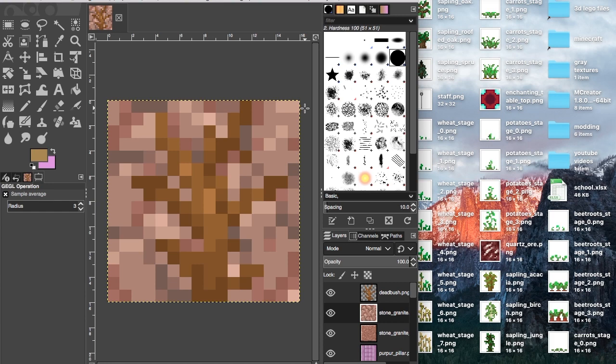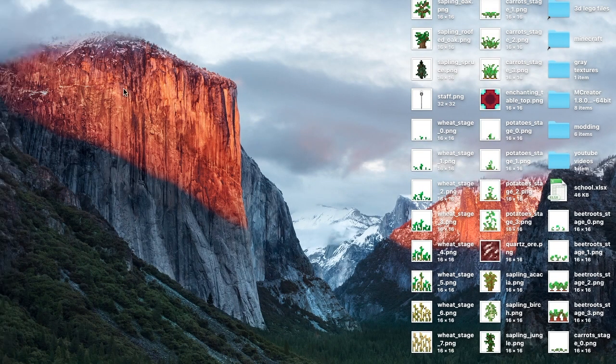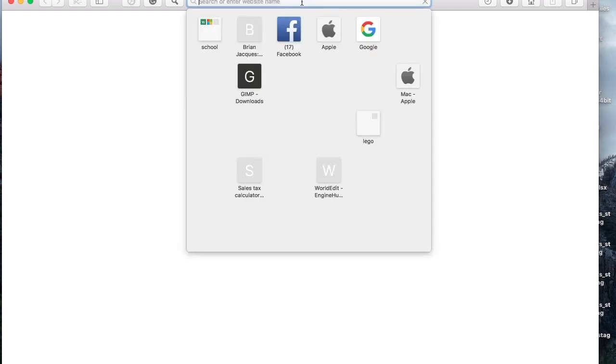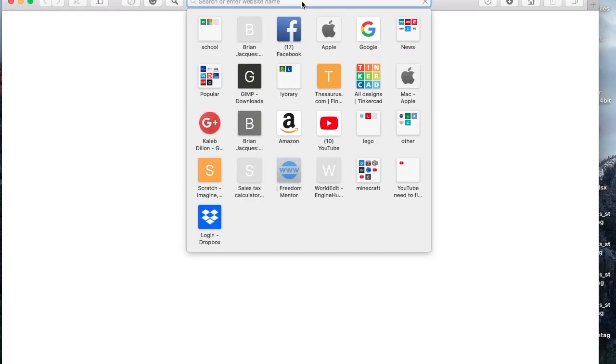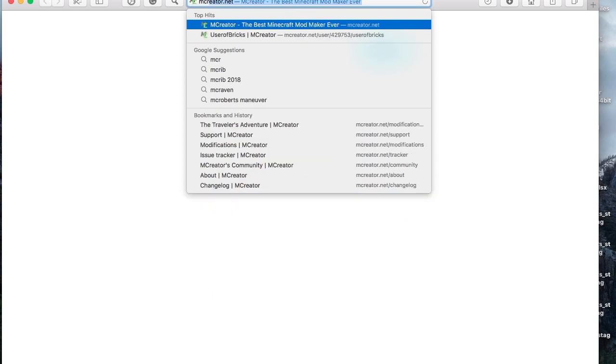Today we are starting a new series about modding for Minecraft using MCreator. Now, if you did not know, MCreator is a wonderful program that you can get by going to MCreator.net, what you see on the screen,